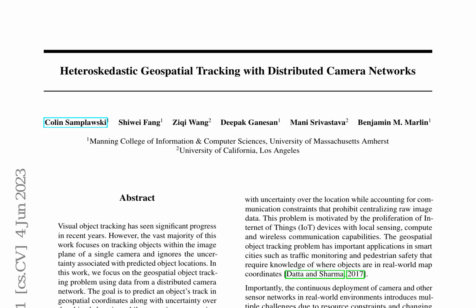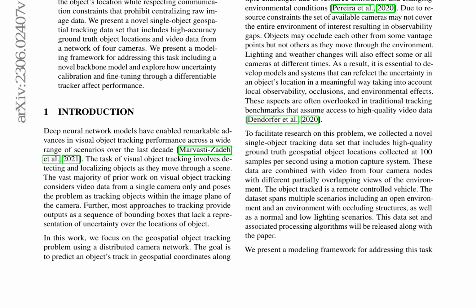The authors' work is motivated by the proliferation of IoT devices with local sensing, compute, and wireless communication capabilities, which have important applications in smart cities such as traffic monitoring and pedestrian safety. The paper begins by discussing related work on tracking, including model architectures, multiview computer vision, and probabilistic tracking. It highlights the limitations of traditional tracking benchmarks that assume access to high-quality video data and focus on the multiview